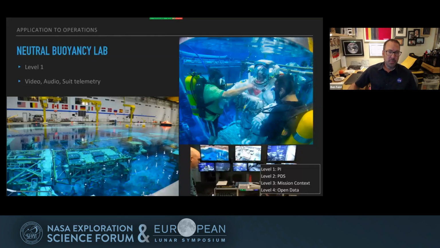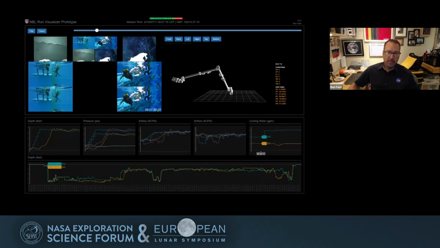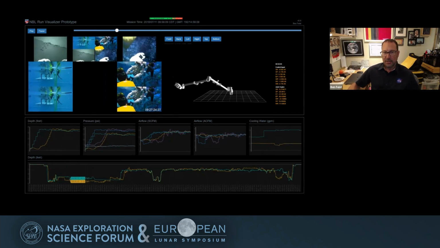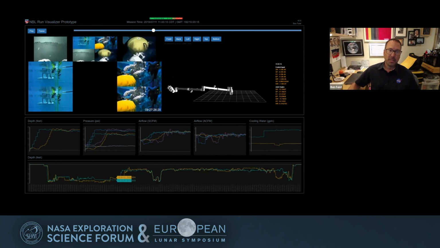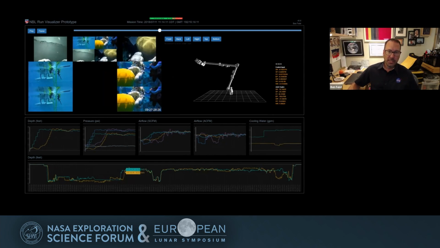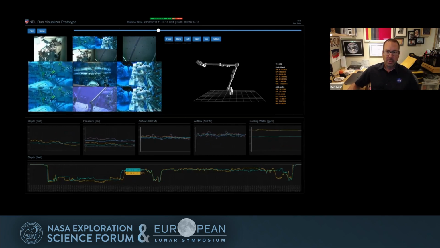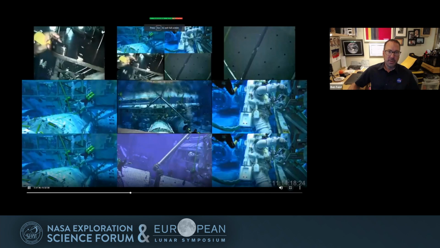The next example is at the Neutral Buoyancy Lab, and this is non-scientific data. This is operations data, and it's also stored at level 1 at the NBL, where we have videos, suit telemetry, and audio. I did a similar effort to get joint angle information about the underwater remote manipulator arm, video and telemetry and suit telemetry, and pulled it all together and said, hey, would this be a useful thing if we could get our ops data all organized like this? And then demonstrated using a